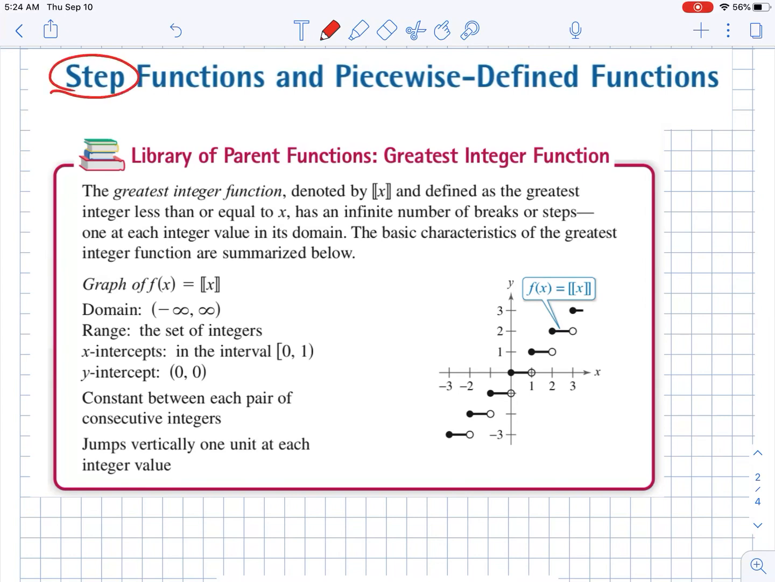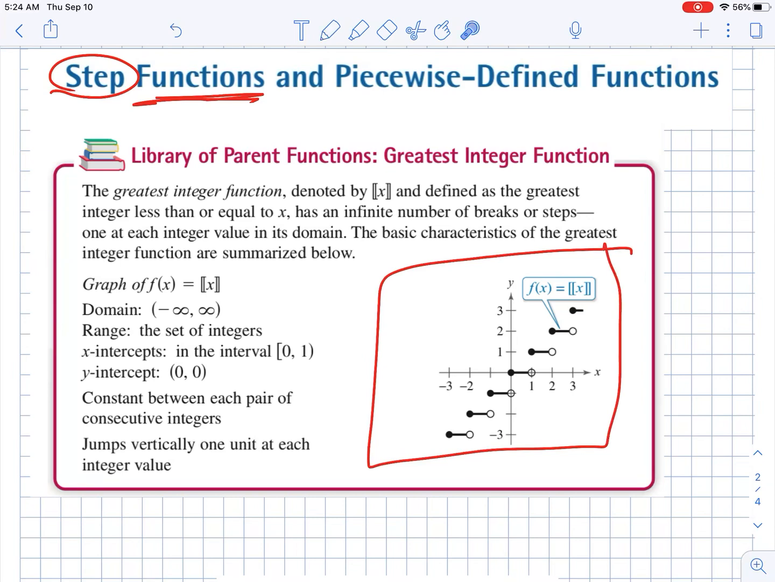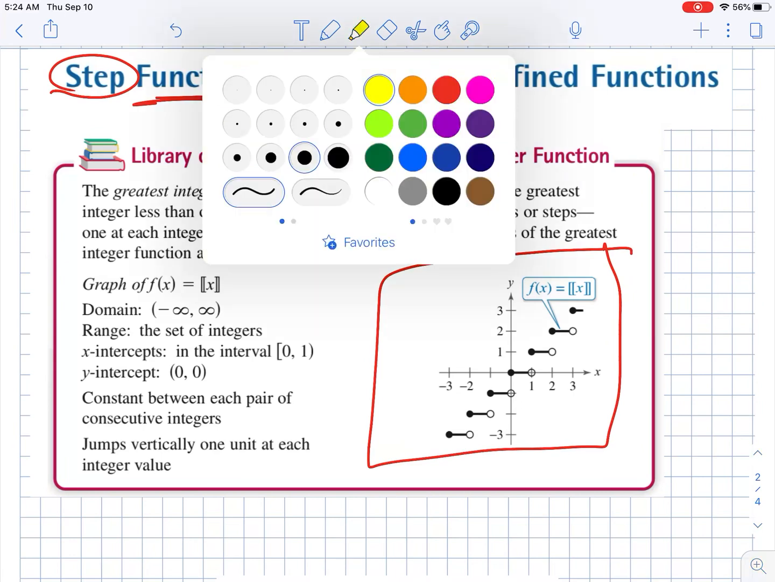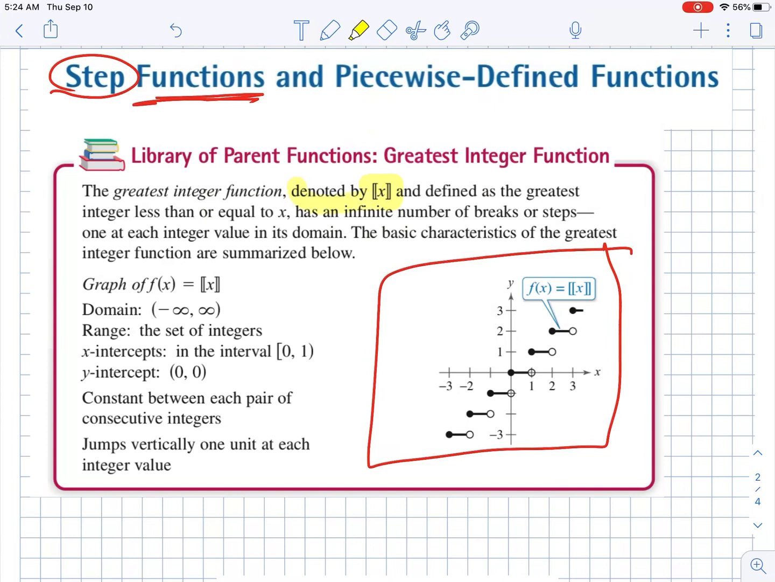Okay, so now we're talking about step functions. So step functions, hopefully you've seen these before. It literally looks like this, where we're literally making cute little stair steps. The way that we really call step functions, though, that's called the greatest integer function, and it's denoted by this double bracket x,